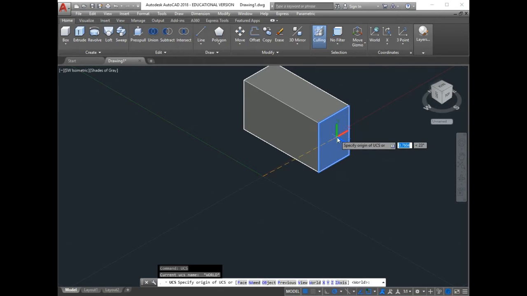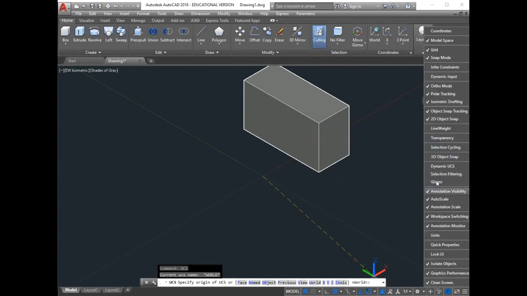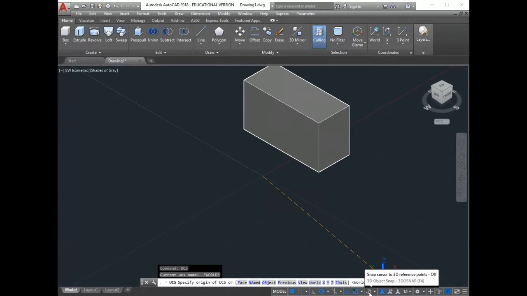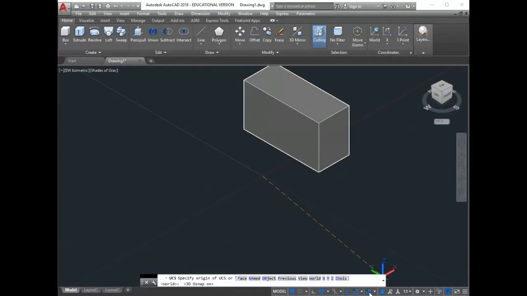You can also put your origin at the middle of the surface. How can I put it at the middle of the surface? If you remember, guys, we have to go for object snap first. Okay, if you went through the recording, I explained this one in detail. You go to 3D object snap, and from the 3D object snap, be sure that this one is active, and then you get into this one and activate center of face. Remember, guys, if we are dealing with